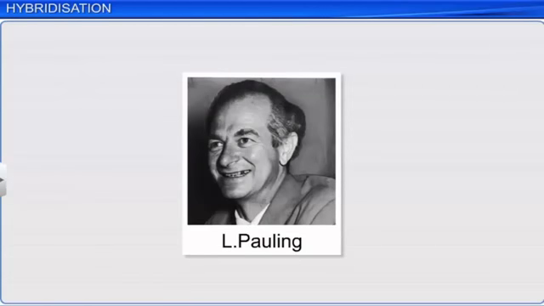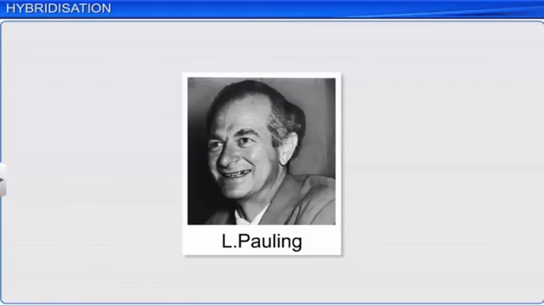During hybridization, atomic orbitals of slightly differing energies redistribute to form a new set of orbitals with equivalent energies. The number of hybridized orbitals formed is equal to the number of atomic orbitals participating in the process. These hybrid orbitals align themselves in space such that there is minimum repulsion between the electron pairs. Because of this, the bonds formed by hybrid orbitals are more stable as compared to those formed by pure atomic